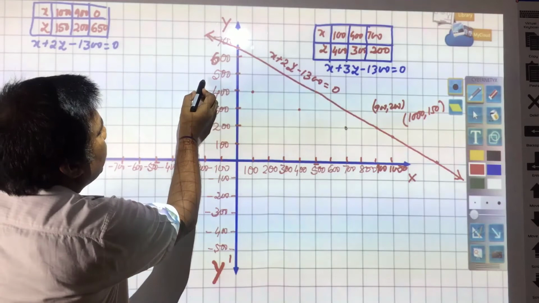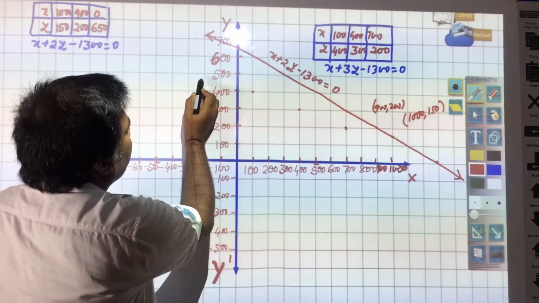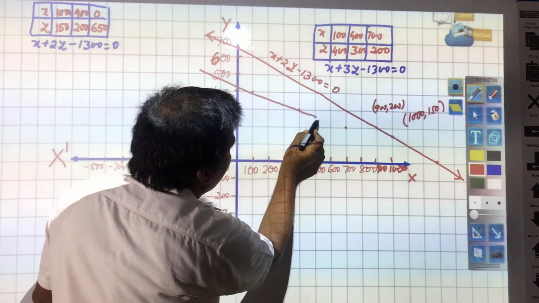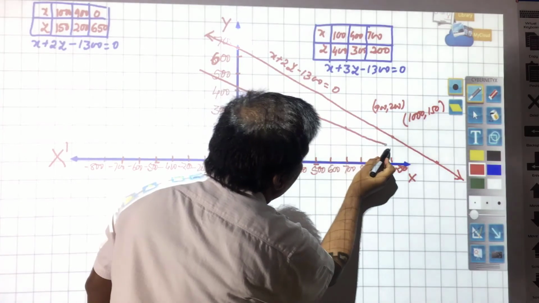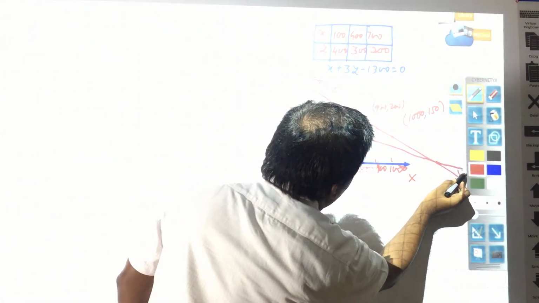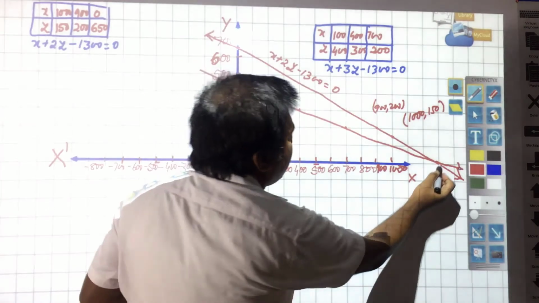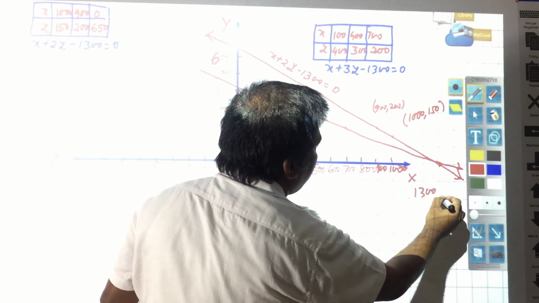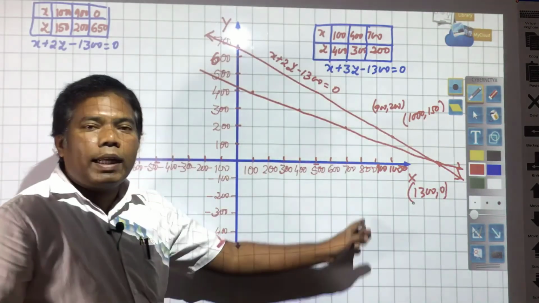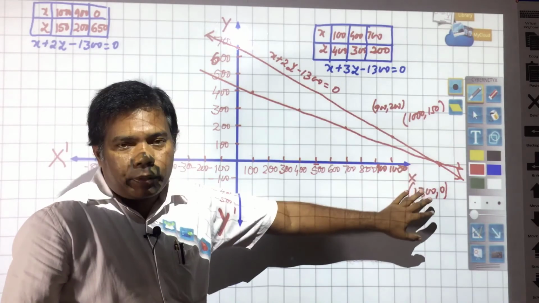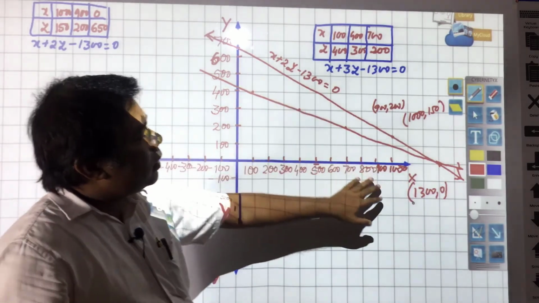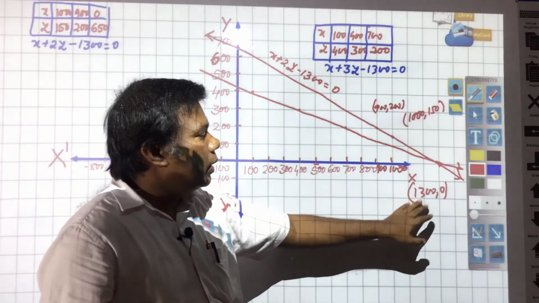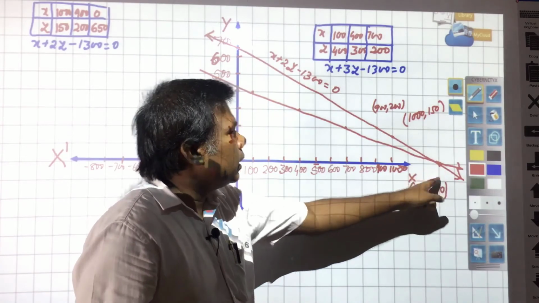Now, you need to join with the help of your ruler. Here you see, this is required to be joined, and they are intersecting at this point. You see, at what point they are intersecting? 1300 and 0. So, the intersecting point will be your answer, but this you do not have to show. If that is getting intersected, that can be shown, otherwise in the question it was not told to find x and y, that is why this is not required, but you can see this.